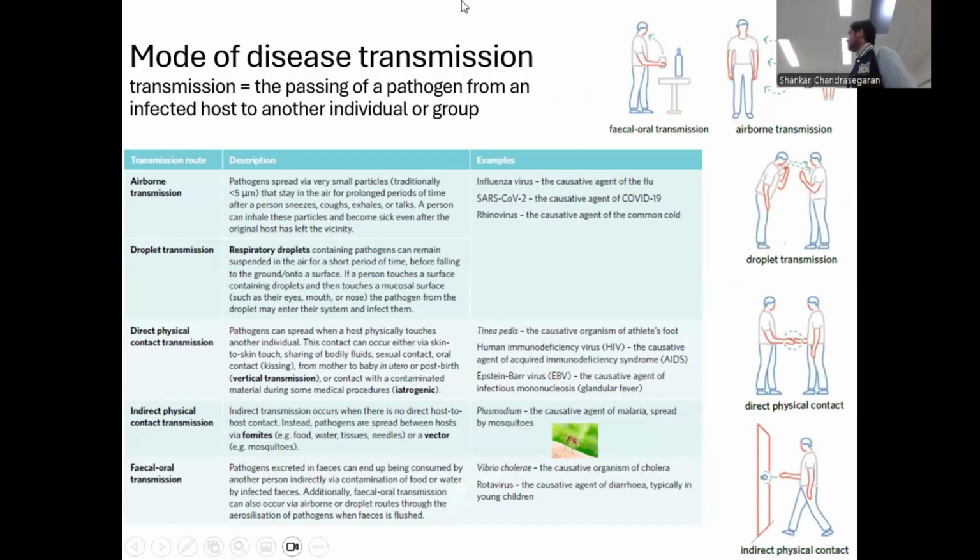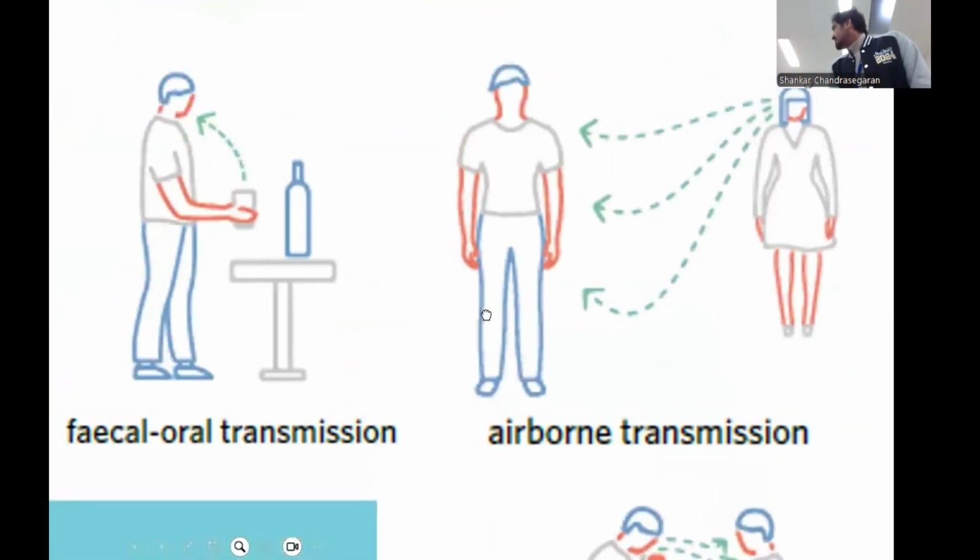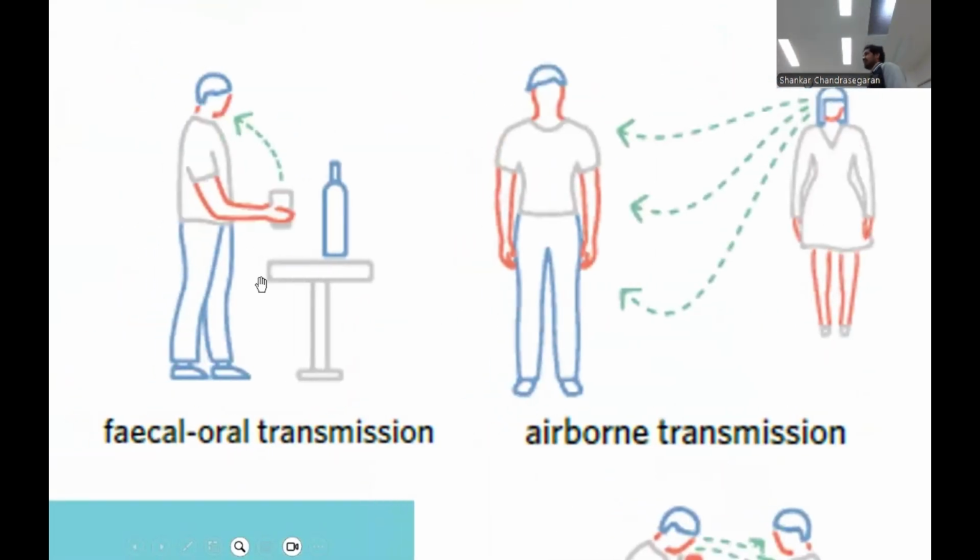Moving on is the modes of disease transmission, right? These are basically talking about how a disease can be transmitted. Let's just show the examples first. So first is your fecal oral transmission, and this is as disgusting as it sounds. Essentially, what this one talks about is when fecal matter, or let's say poop, people get exposed to poop through improper hygiene or whichever way, and then they make contact with different objects, and through that diseases can